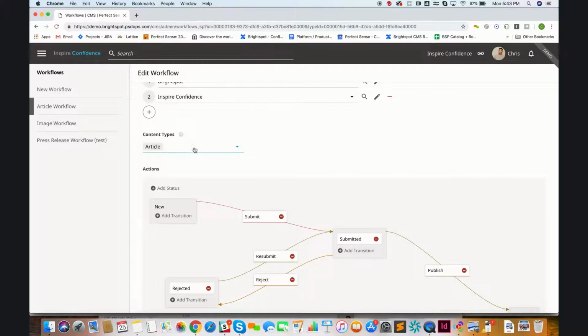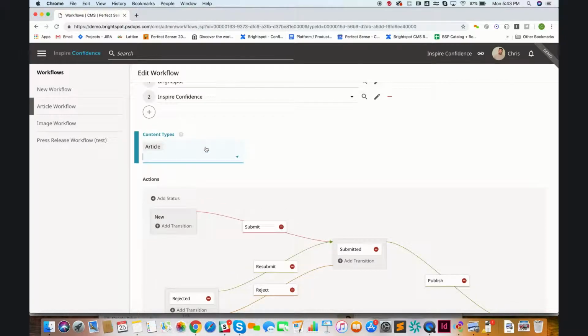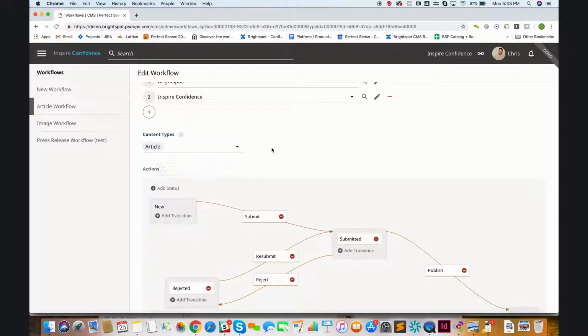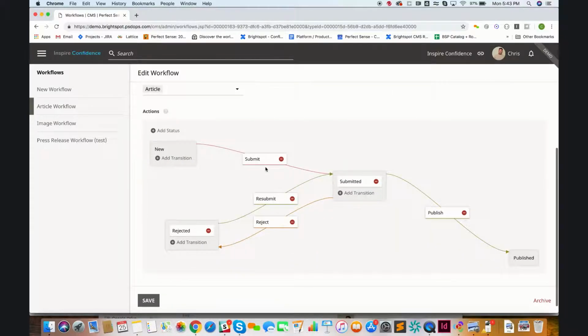And then we can go down here to content types, and we can put a workflow on many of the objects within BrightSpot, but for this one it's specific to article. And then we'll go down to the diagram. So you can see the flow here is that an article goes through the creation process and it's submitted. When it's in the submitted state, it can go either of two ways. It can go to publish, or it can go through being rejected and then go back through the resubmission process